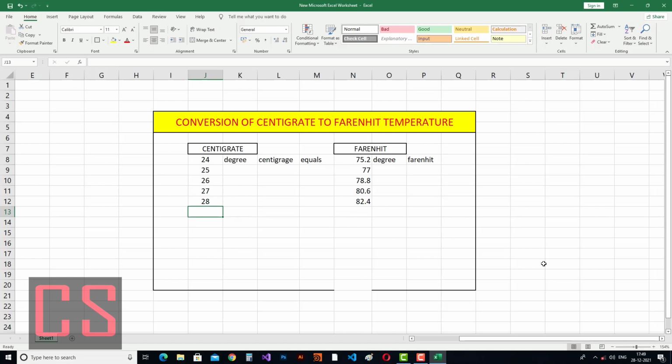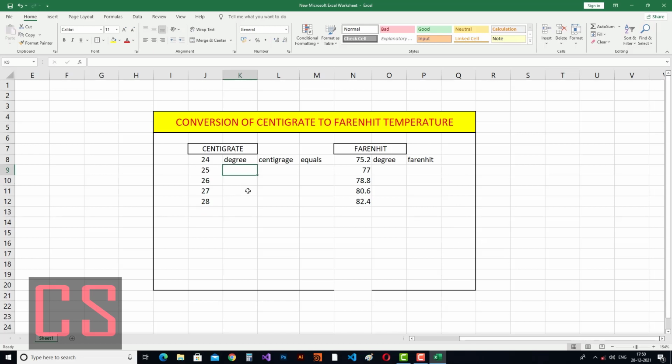Now this will look very nice if the labels degree centigrade, equals and degree Fahrenheit also appear only when there is a value. That is not happening, so I will also make this automatic. How can I do it?